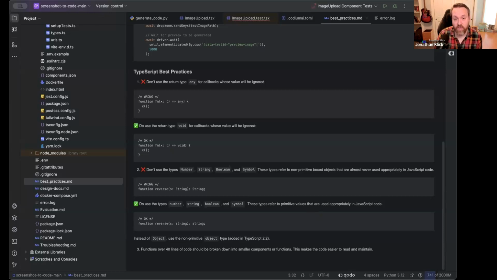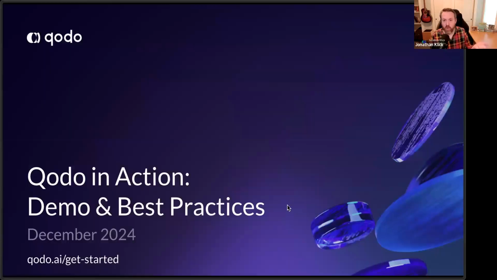Where we differentiate, and one of the reasons people are ditching some of the big players and coming to us, is that we're so much more than just code generation. Our test generation is second to none. We have the improve command and code reviews. Our context ability to index repos and include a best practices markdown file as context is incredibly valuable to the organizations we work with. But the next part we're going into right now is code reviews.